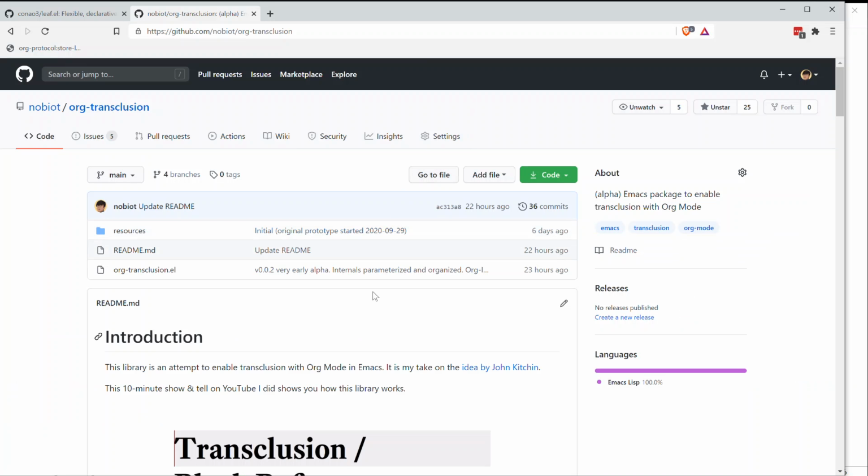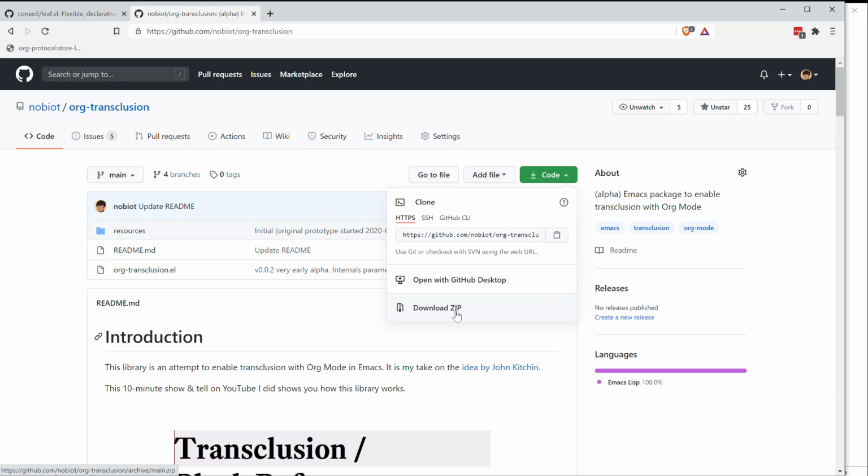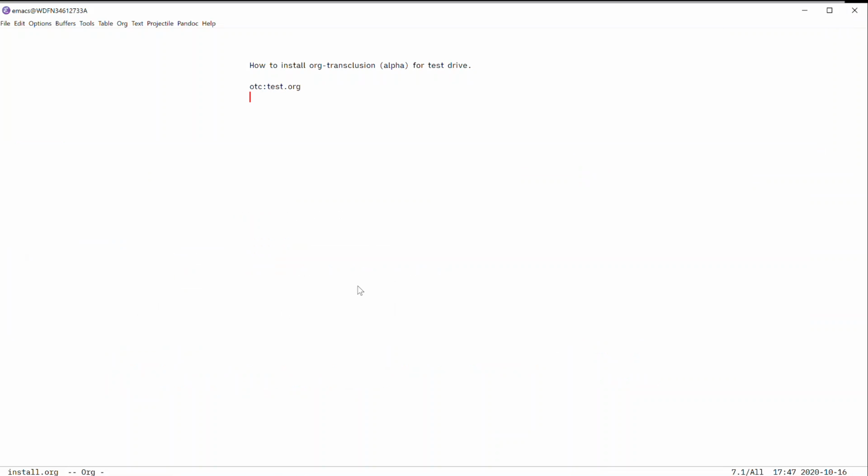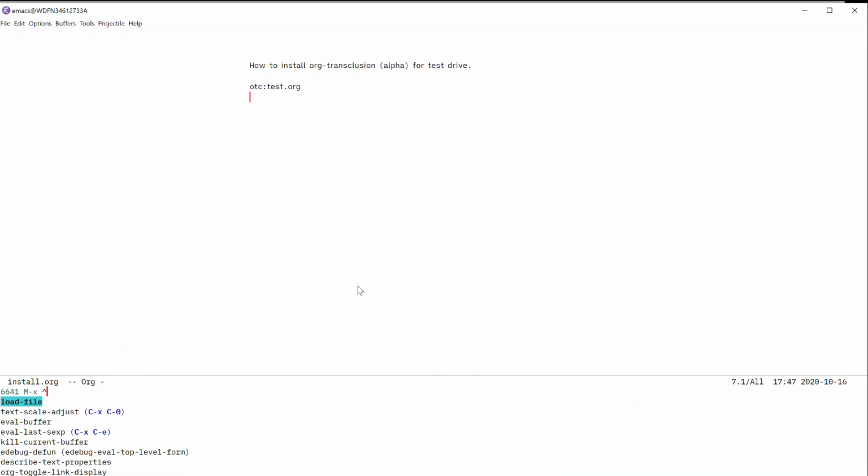Very simple. You can now go to my repo on GitHub, nobiot/org-transclusion, and then download a zip file, right? And then you can expand it anywhere you like in your file system. And once you've done that, come back to Emacs and then invoke the command load-file and find your